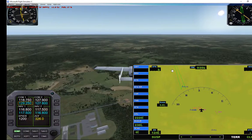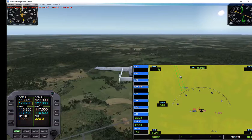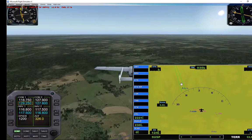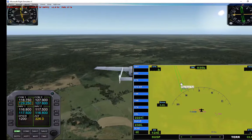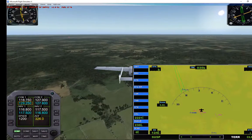Now, my home airport is Ripley. It's fictitious where we got it built. It's a real airport, but it's a grass strip. That right there is the ILS into it, where we added to it along with all the work. Now, since we've done past